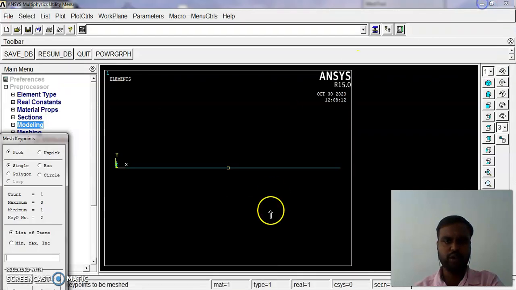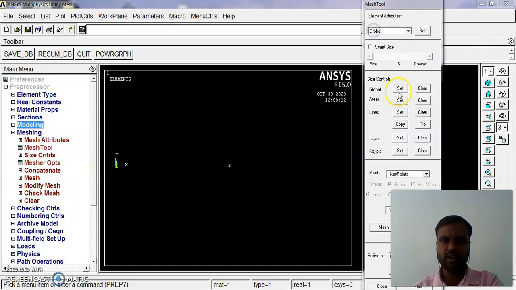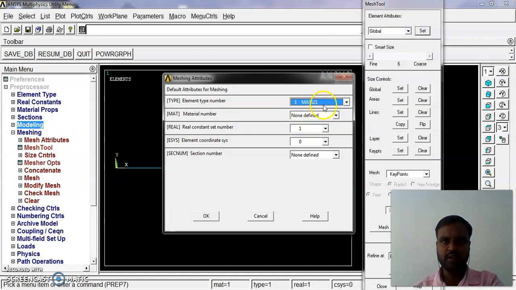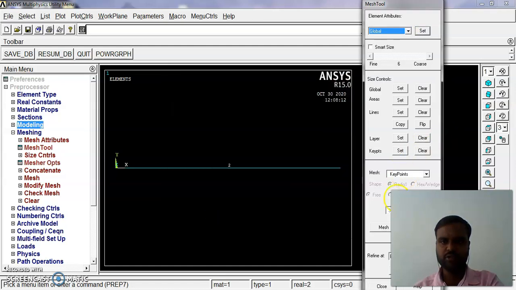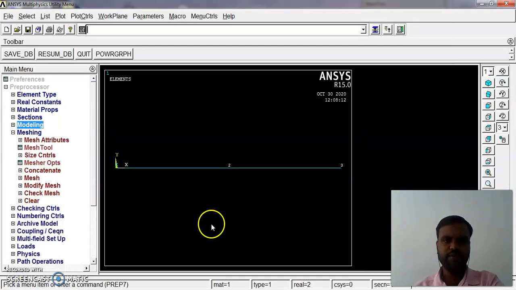Give OK. Then I want to mesh the third key point. Set the mass value as second, and OK. Here also select the key point, mesh, and give OK. The entire model is going to be meshed.